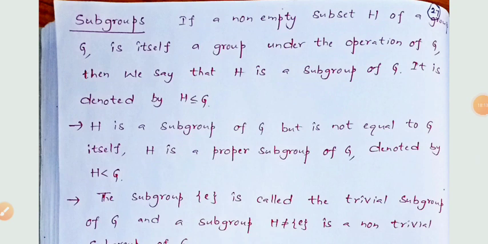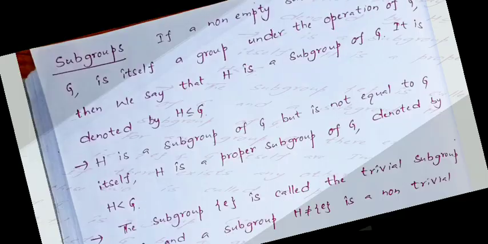Now the definition of subgroups. If a non-empty subset H, here capital H is a non-empty subset of a group G, is itself a group under the operation of G, then we say that H is a subgroup of G, and it is denoted by